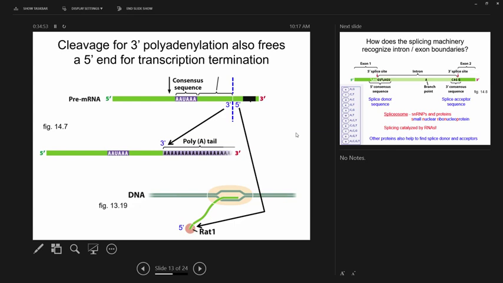When this gets cut open, you are giving a 3' end with a 3' hydroxyl that is able to have the A's added to it by the poly-A polymerase. But when you cut this, here's the 3' end for polyadenylation. There's also a 5' end connected to the now very short messenger RNA that's still in the polymerase, and that 5' end will allow the RAP1 protein to bind, and it starts using its exonuclease activity until it gets up here, and by the time it gets up there, you've got